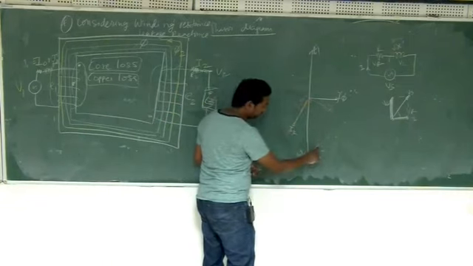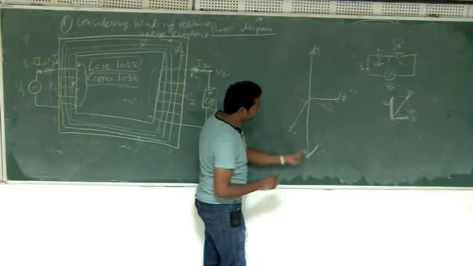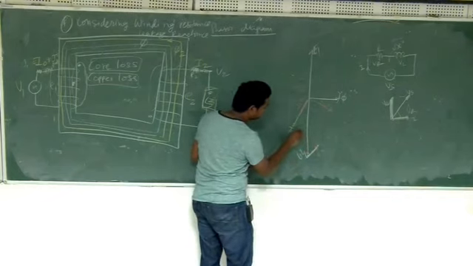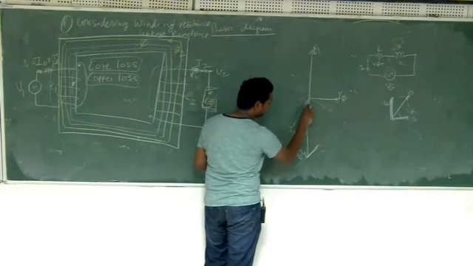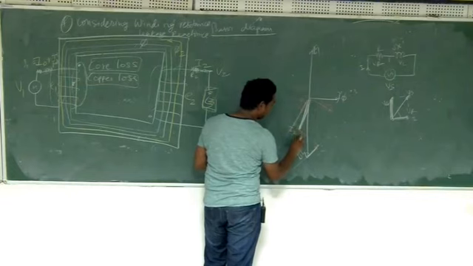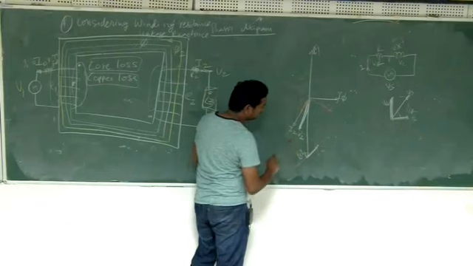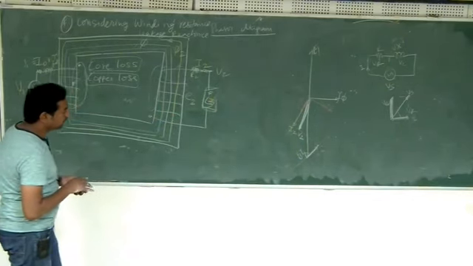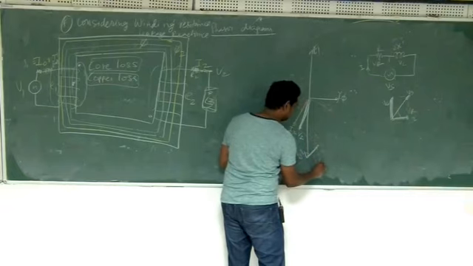Reverse of this you put here, so it will be like this. Reverse of this one, and then the reverse of this you put here, so it will be somewhat like this. Okay, and then finally this will be your V2. Okay, so V2, E2, and then these two are drops. So this is I2 X2, this is I2 R2.